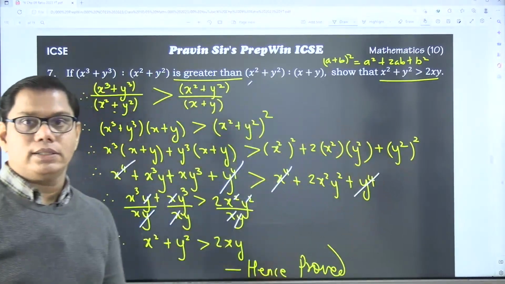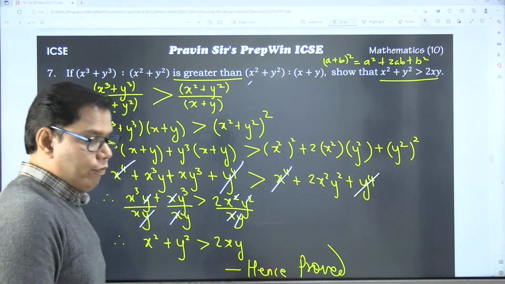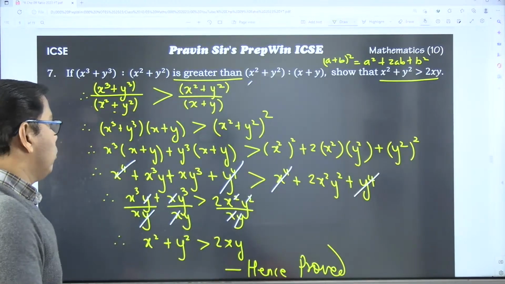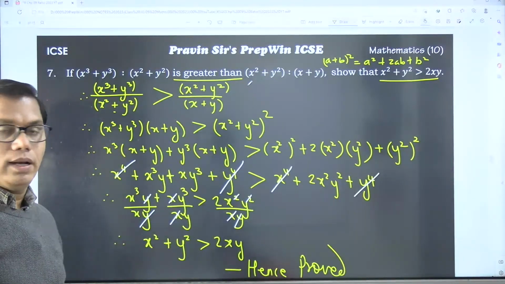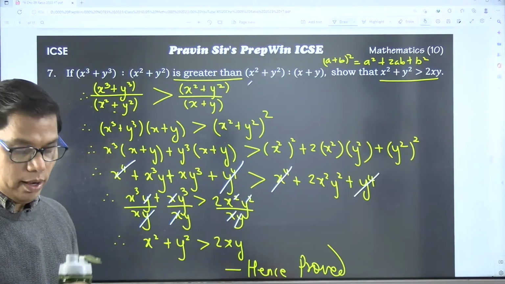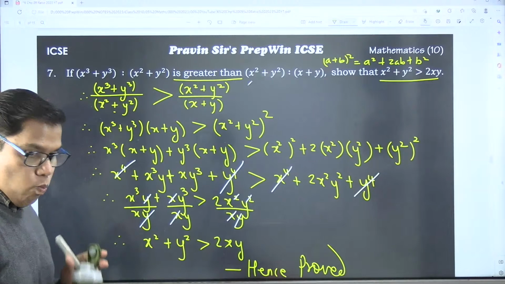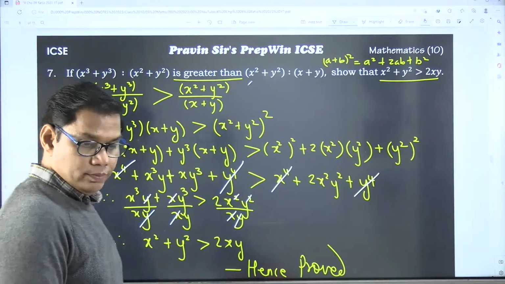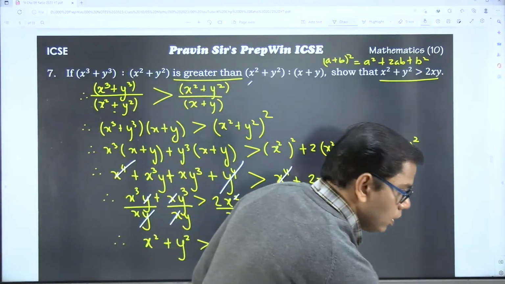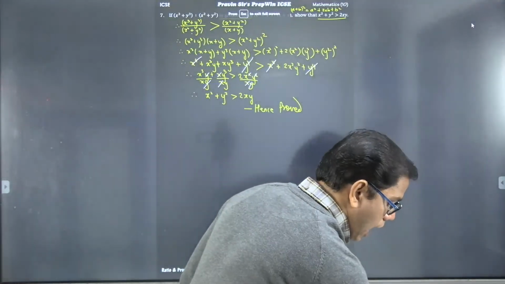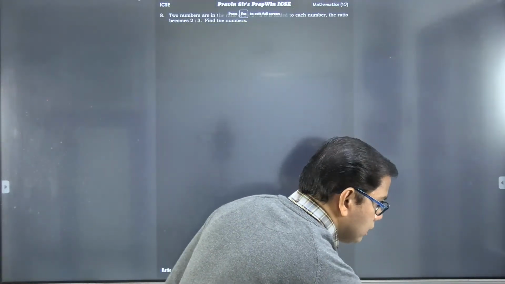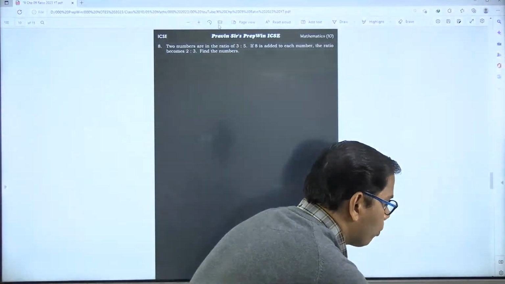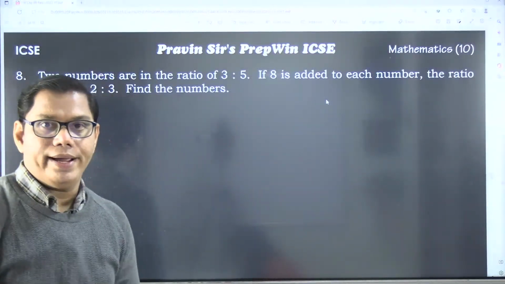Have a look at this complete sum. Okay, first I have cross multiplied. Then opening the bracket, then cancelling the similar terms and dividing each term by xy. Right? Can we continue? Let's move on to the next question. I hope each one of you is attending this class with your proper notebook and pen. Fine. Come to this question.